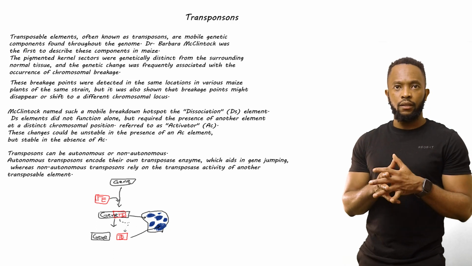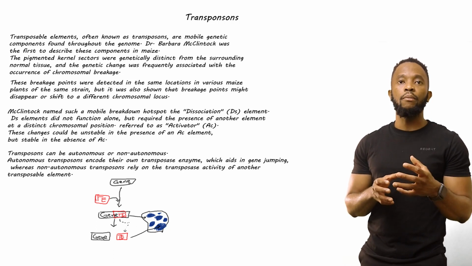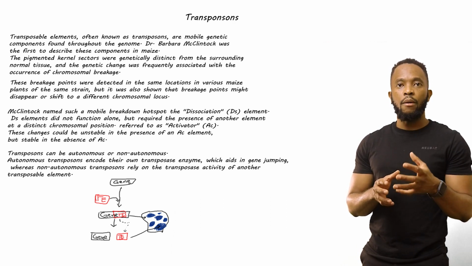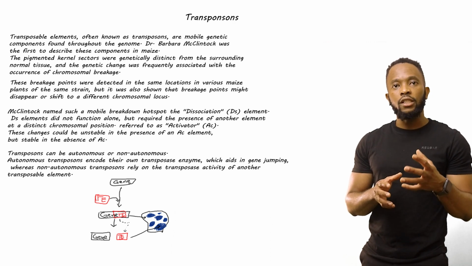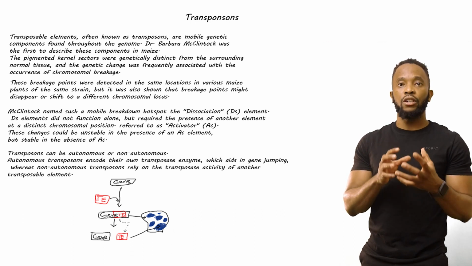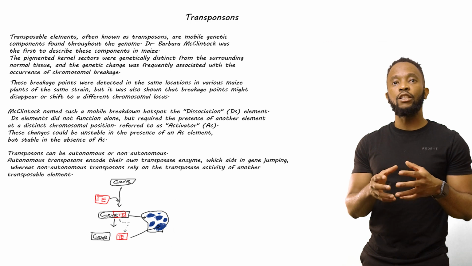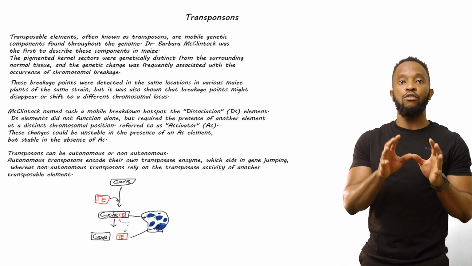In this mini lecture, we're going to talk about transposons, also known as mobile genetic elements. These were discovered by Dr. Barbara McClintock in the early 1940s. She noticed that there was a difference in pigmentation between maize kernels, and this difference in pigmentation was also linked with a huge difference in terms of the genetic composition of both types